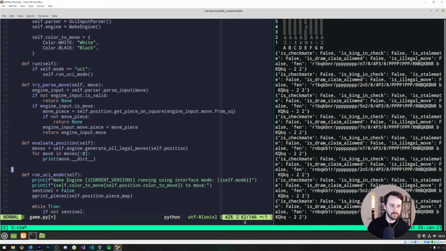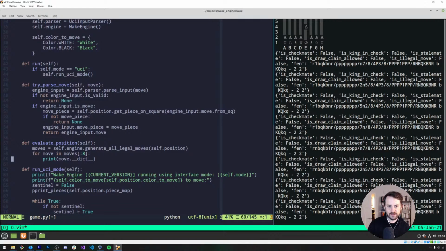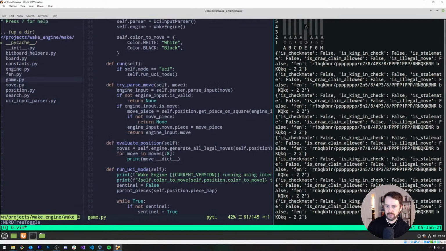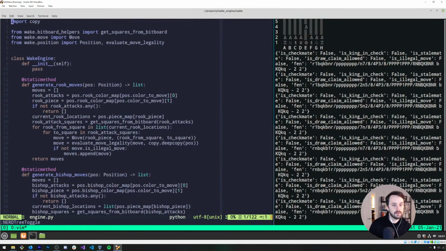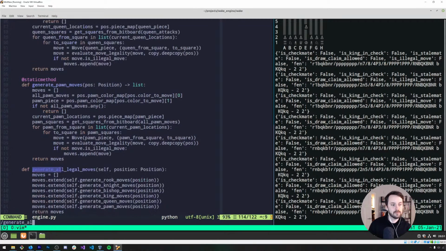Let's do generate all legal moves. It'd be nice to actually bring back the whole position for this, by the way. Self.generate pawn moves for the position, and this returns all the moves.